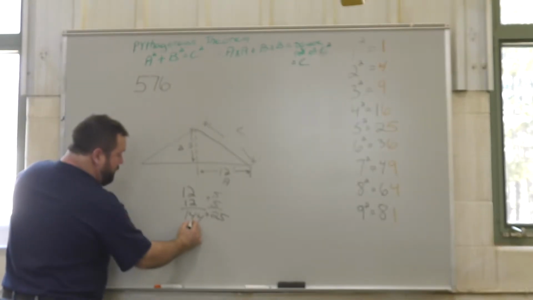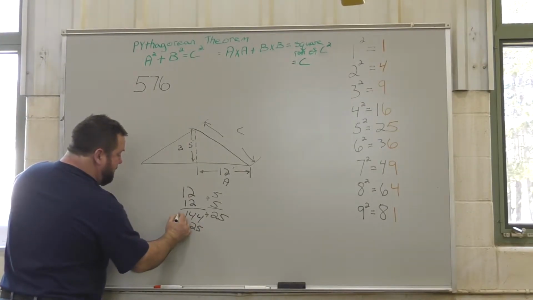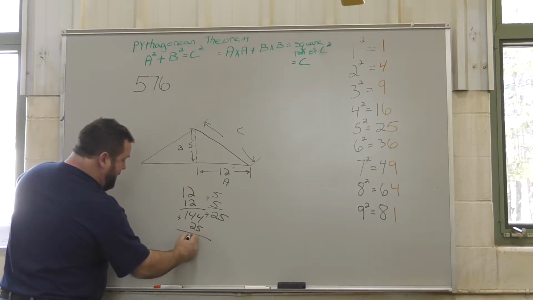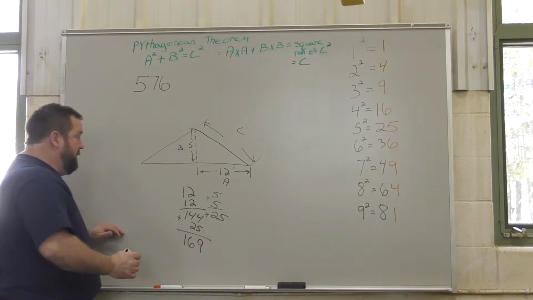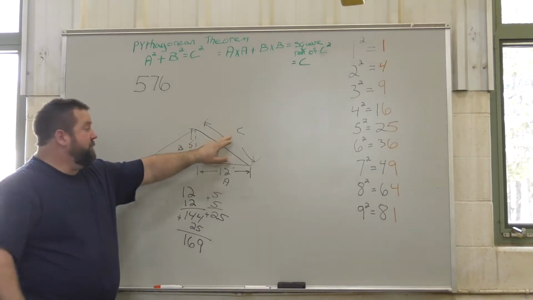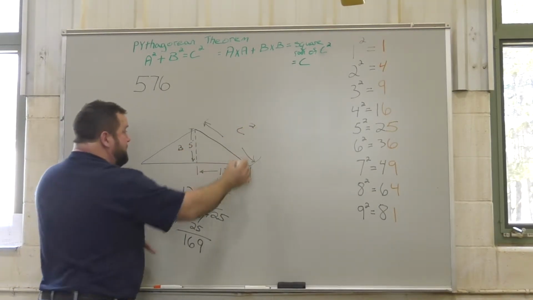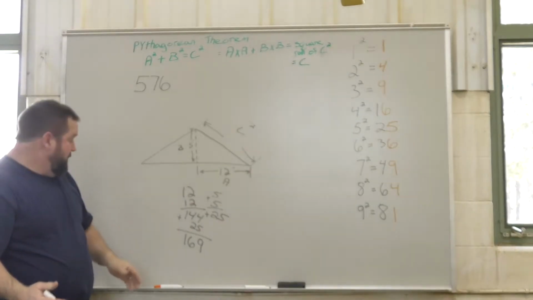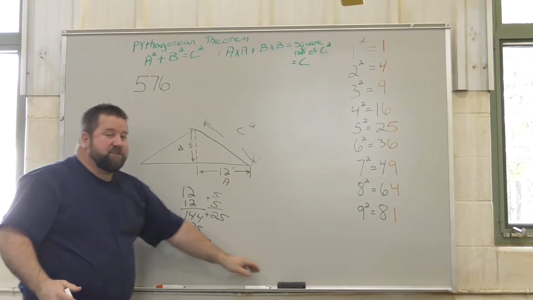So 144 plus 25, a squared plus b squared, equals 169. Well, 169 is c squared. We need to find out what c is, so we need to find the square root